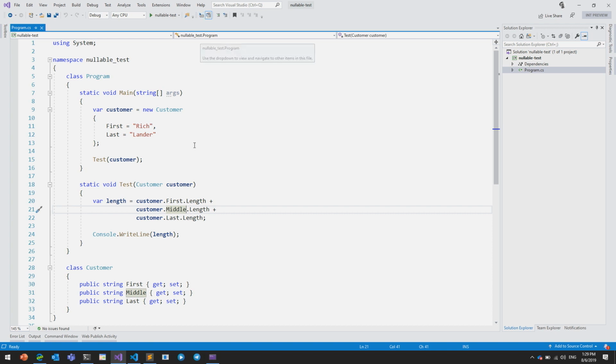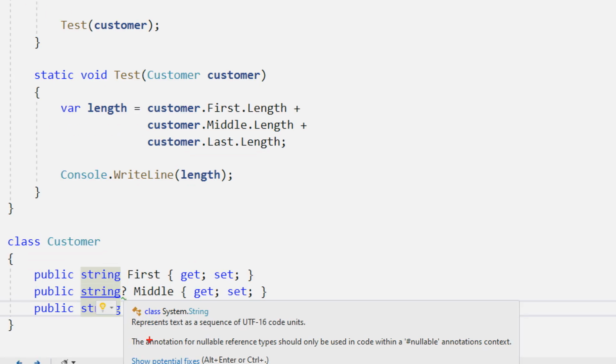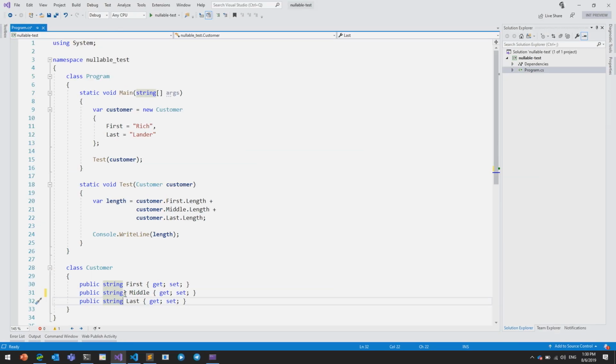And so the feature that nullable reference types allows you to do is to say, well, I expect this to be nullable, and I don't expect these to be nullable. And so now you can see there's a squiggle here, and the squiggle tells you that annotations are not available because you haven't enabled them effectively, right? Okay. So this is a feature you have to opt in, right? Even if you use the latest version of C#,